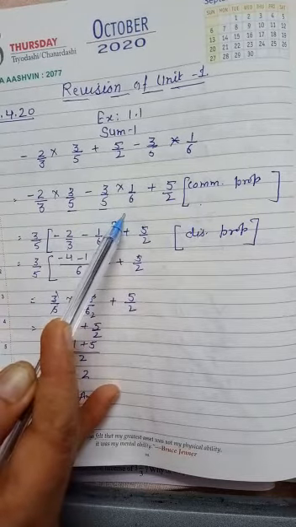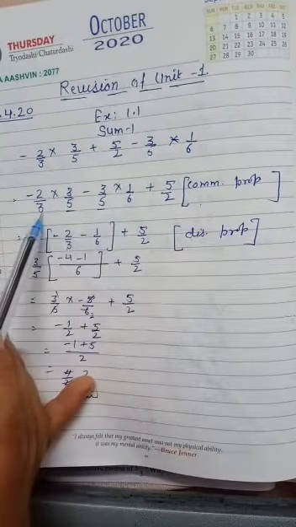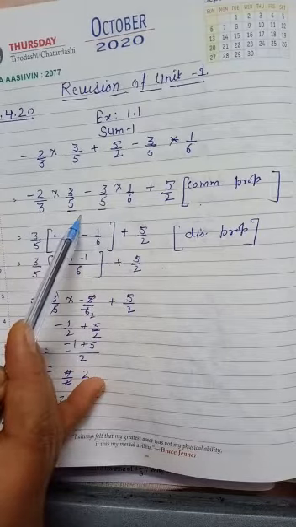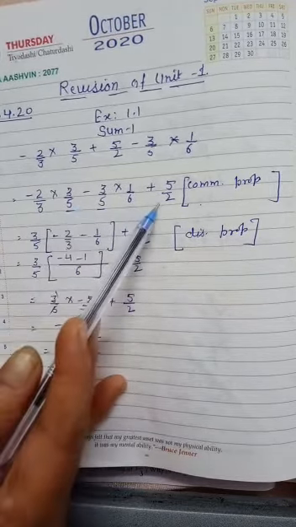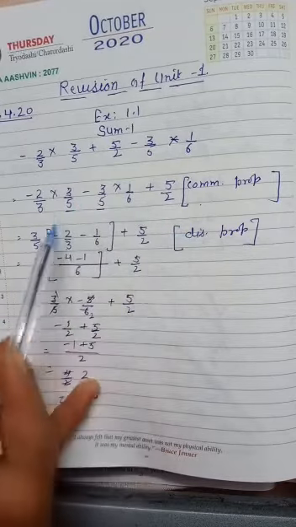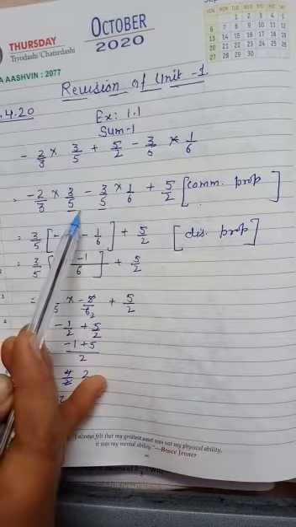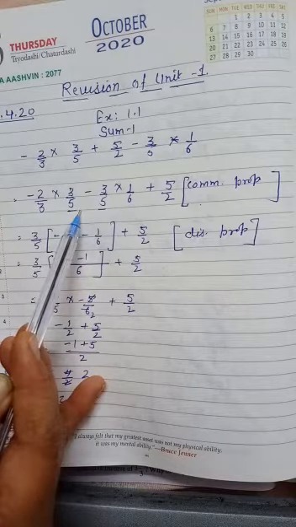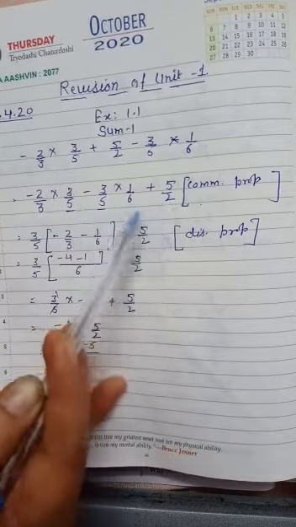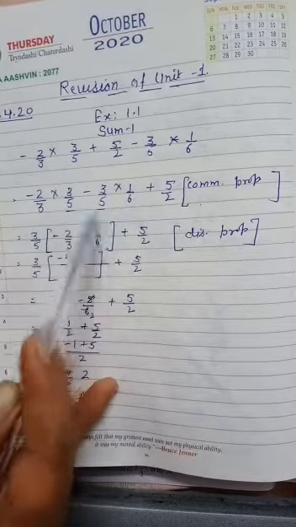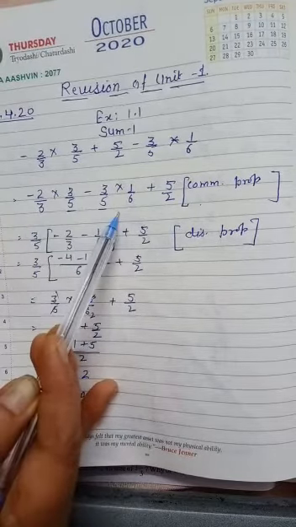Now see the first two terms. You know how to make the terms. When there is multiplication between two statements, it is only a single term. If they are separated by a minus or plus sign, they become different terms. So this is your first term. In this statement we can say three terms are there: first term, second term, third term. Now we will combine the first and second term by the distributive property.